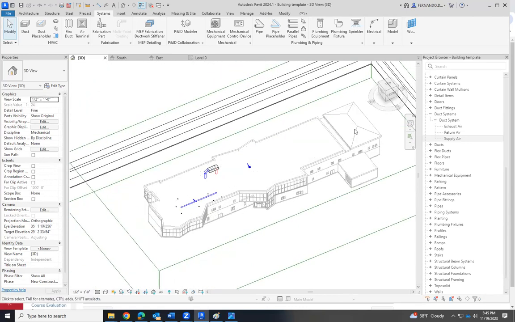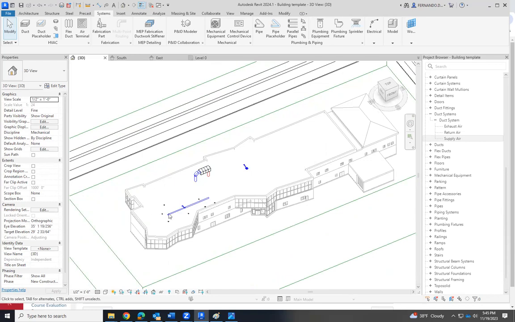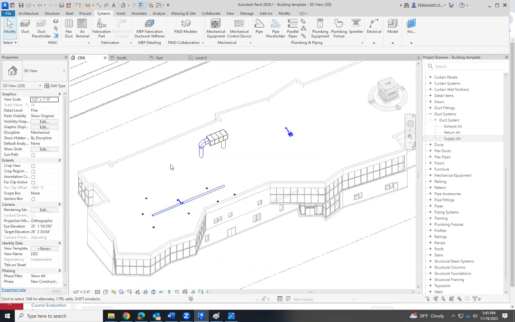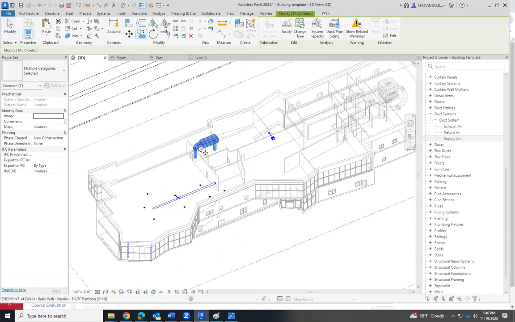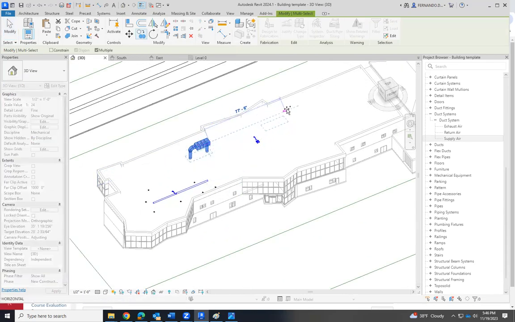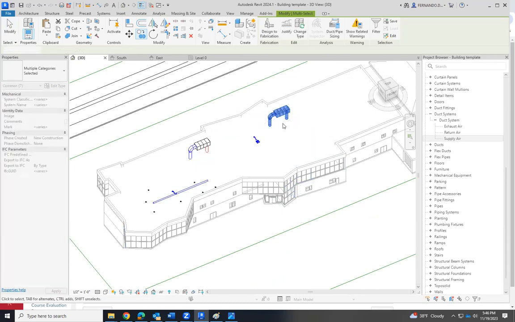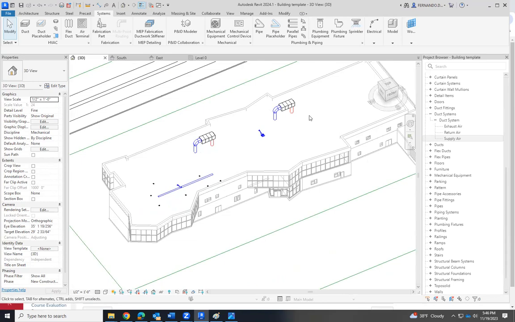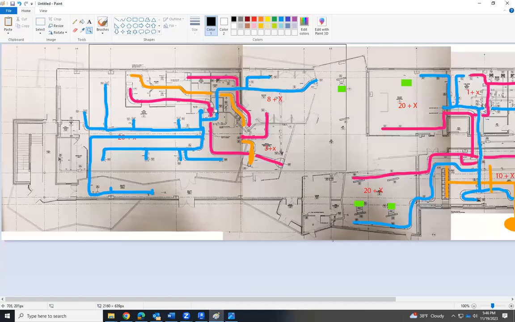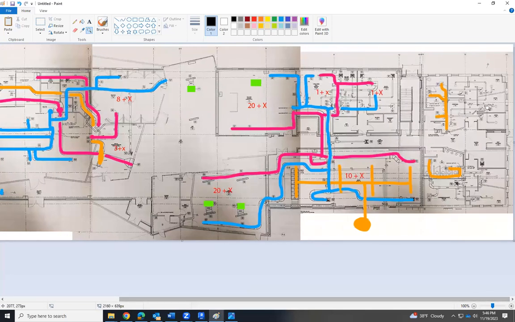So what about this part of the building? The west wing and the central part of the building are the same. You have to trace the supply diffusers, the return diffusers, and you have to connect them to another air handling unit. So there will be another air handling unit here, close to this part of the building, and all these ducts here. I think this is clear. All these ducts are connected to this air handling unit. All these ducts are connected to the other handling unit. But here,